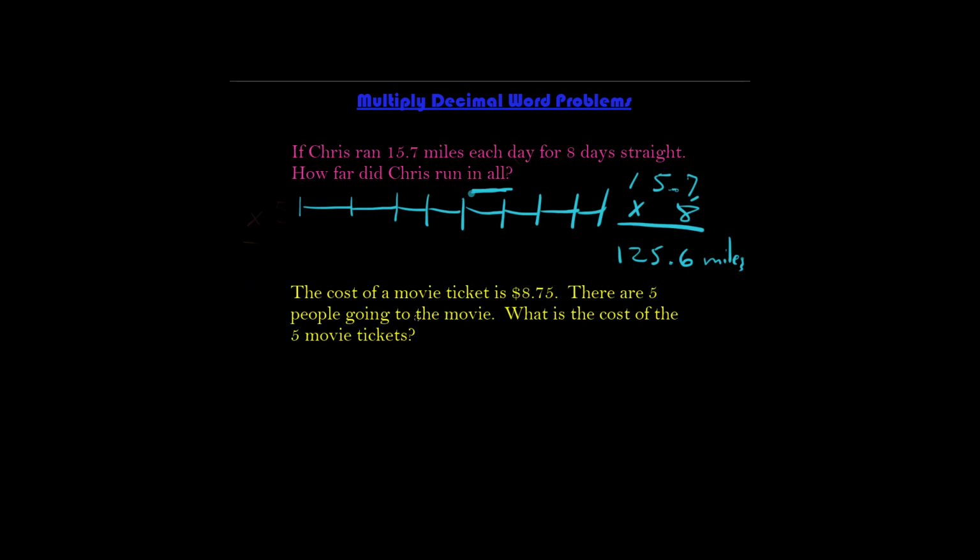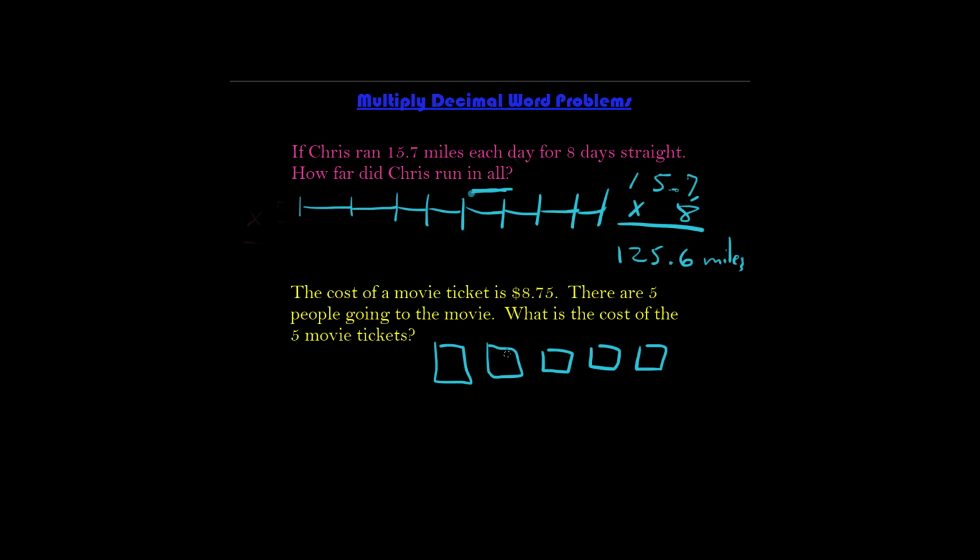All right, let's take a look at our second one. So going to a movie theater, $8.75 per ticket. 5 people going to the movie. So what's the cost of the 5 movie tickets? So once again, this time, pictures, you could draw yourself 5 tickets. And you could label each one $8.75. So hopefully these visuals are helping you understand the multiplying idea of it, and how multiplying is just a